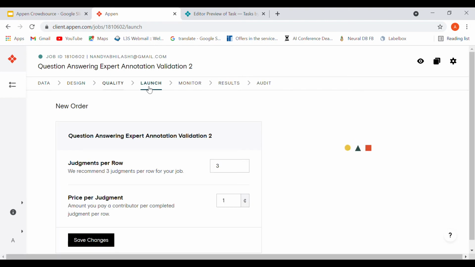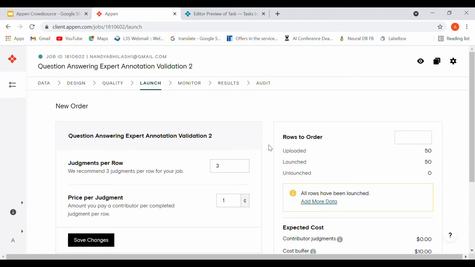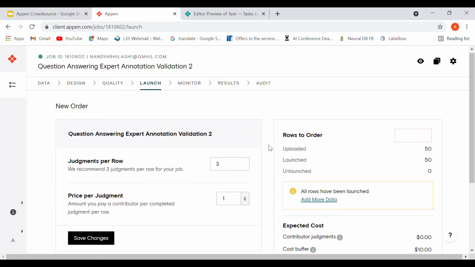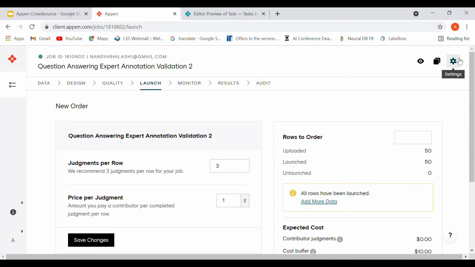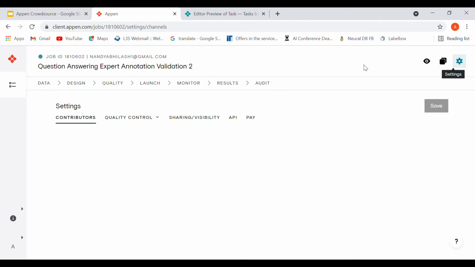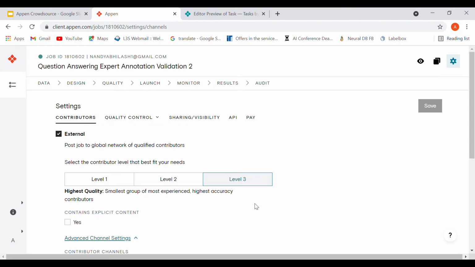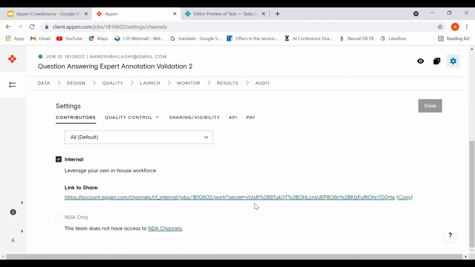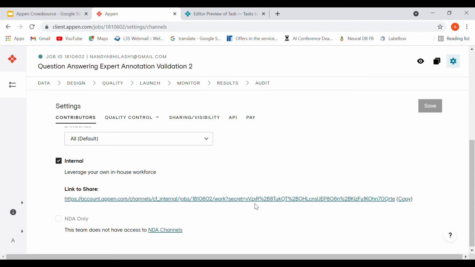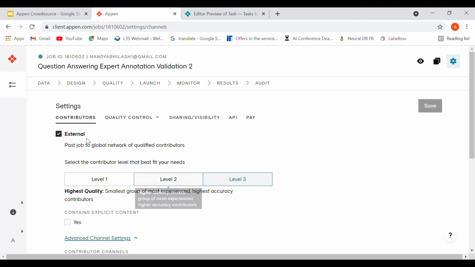If you go to launch, this is where you launch your annotation task. Before this, I would like to show you that in the right top there is a settings option, where you can have two types of annotators possible. One could be external, where you just launch the annotation and it is open to all sorts of crowd workers.